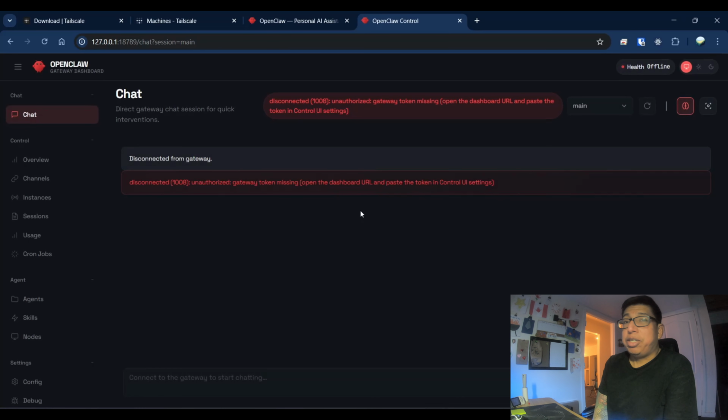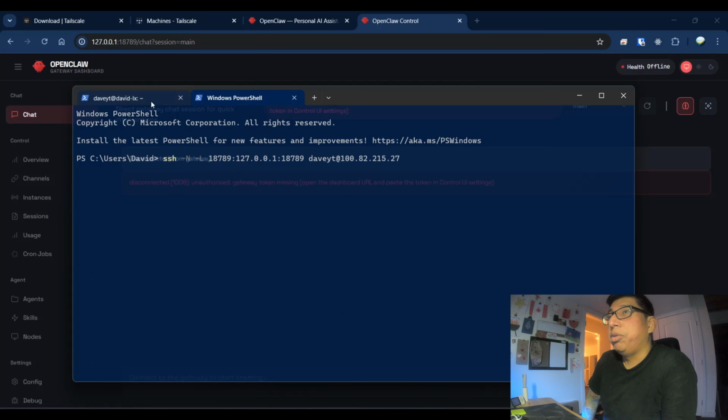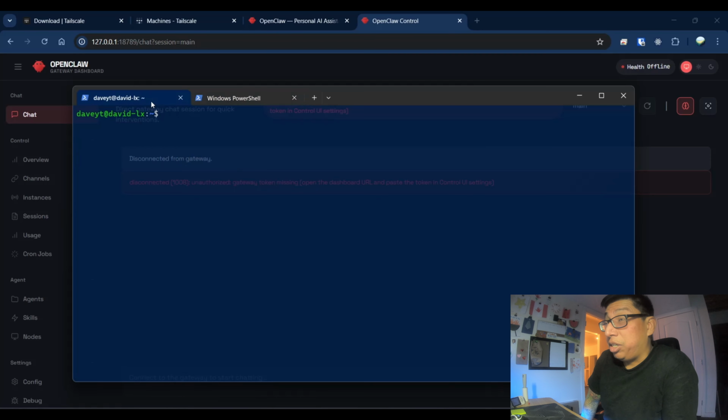Now you're going to see this error message right away. It's going to say disconnected, unauthorized gateway, token missing. So you're just going to have to apply the token into the URL that you just put in here. I'll show you how to do that. So we're going to go back into our terminal, and we're going to basically ask our server to give us that token. So go right into your terminal, just keep that other tab open, a new tab where you're SSH'd